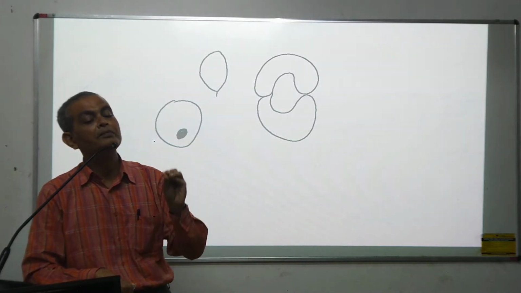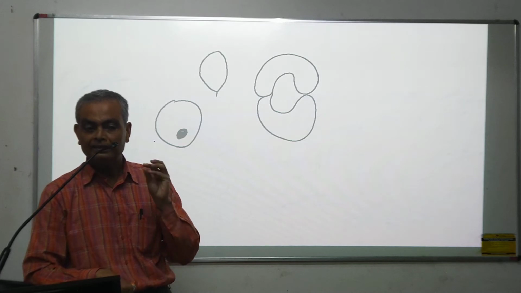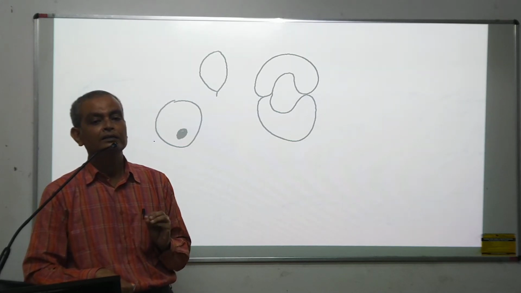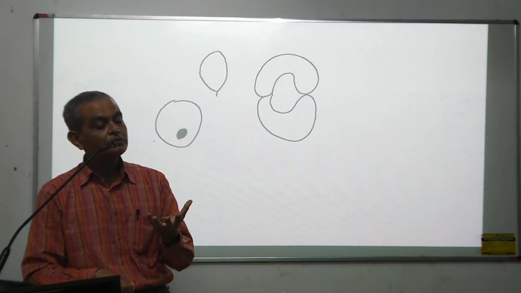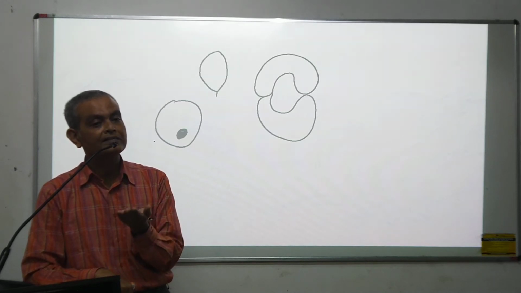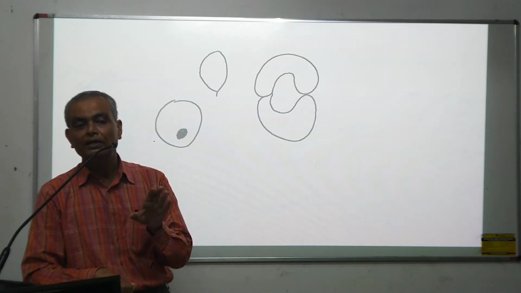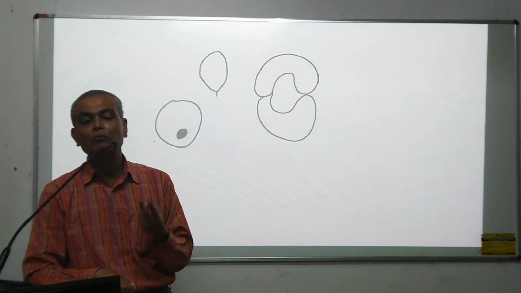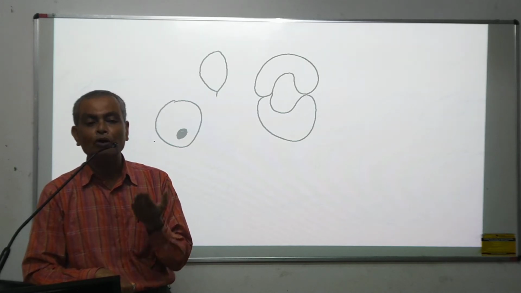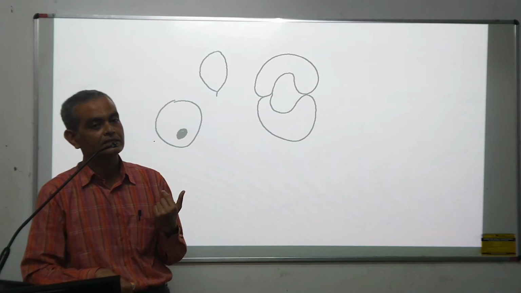But immature RBCs like reticulocytes do not contain a nucleus, but they contain RNA. That will also take a blue color. So whenever you see a reticulocyte in a normal state, you see it has got double color, both blue as well as pink. So they are known as polychromatia or polychromatic cells.